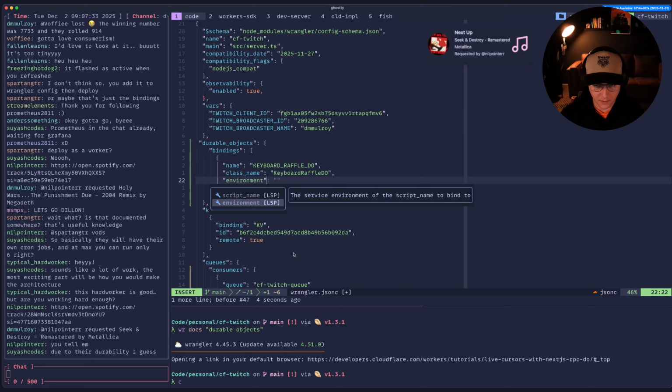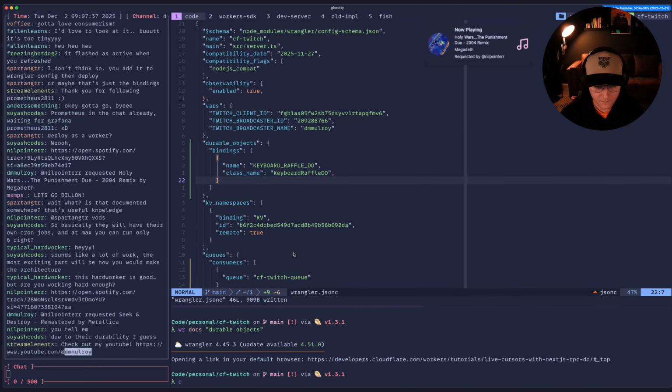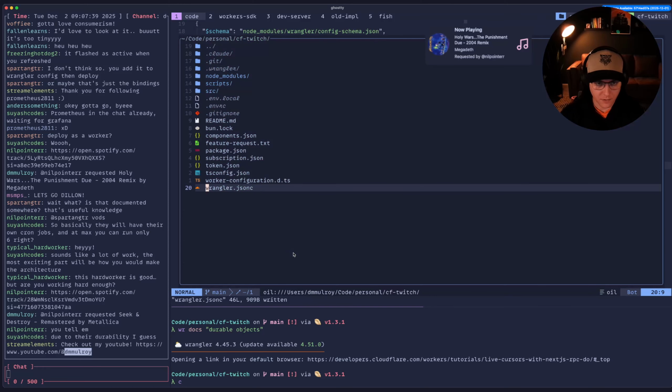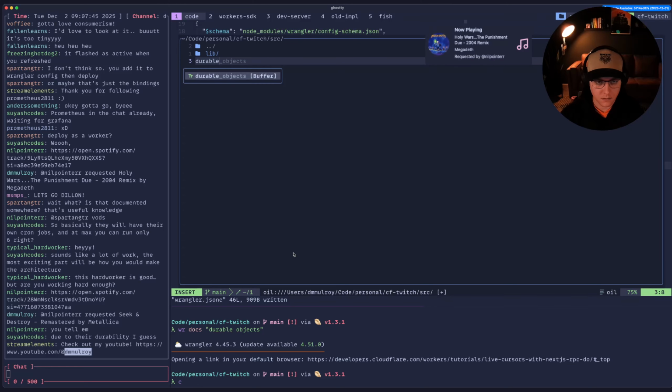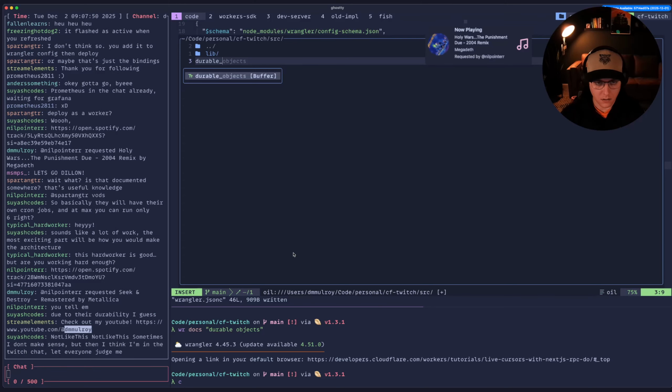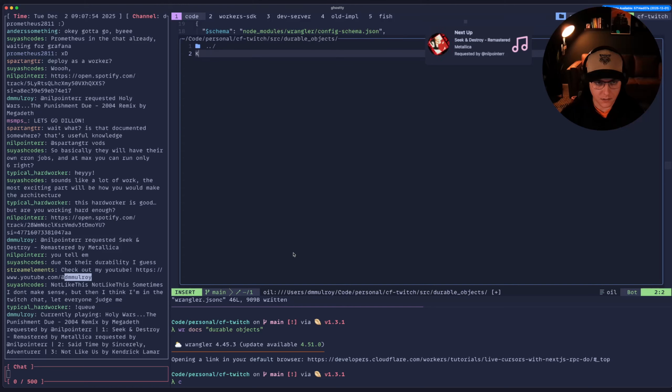And script name, environment, yeah, whatever, it's fine. Then we need to go make our, let's go in here and say durable objects. And we'll say keyboard